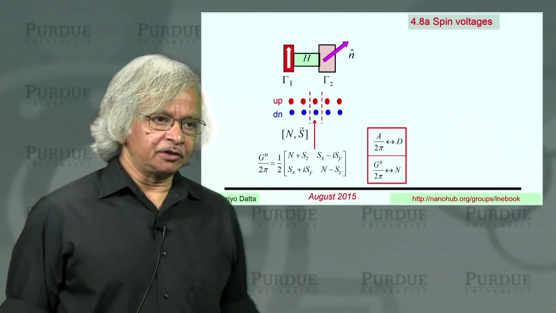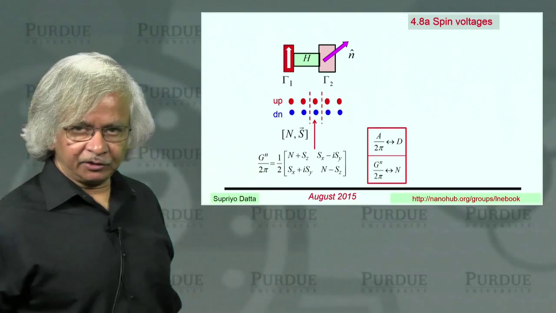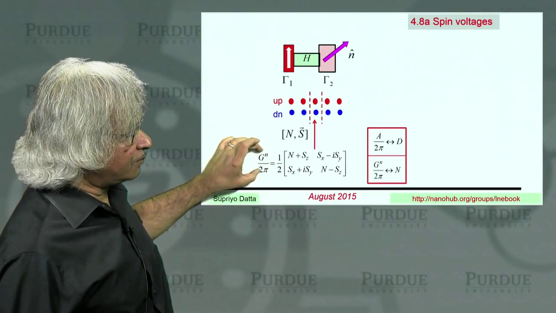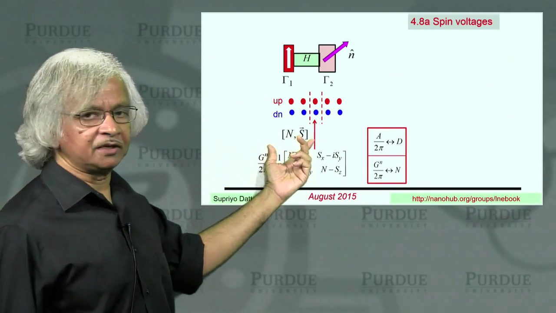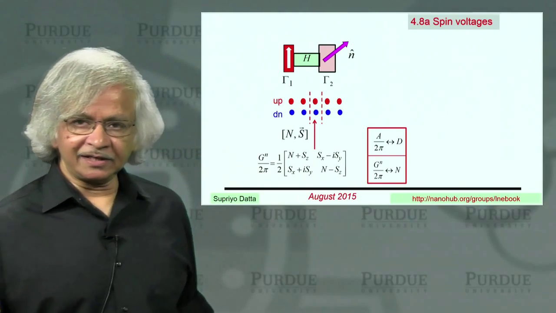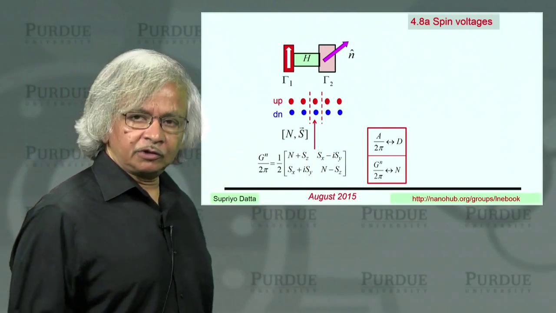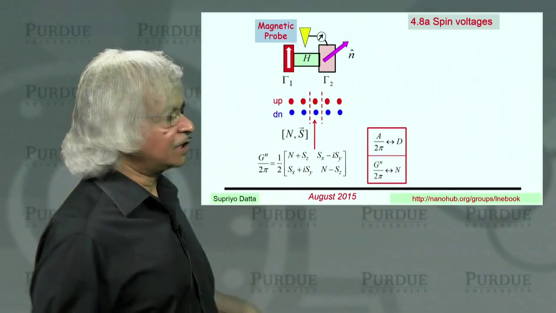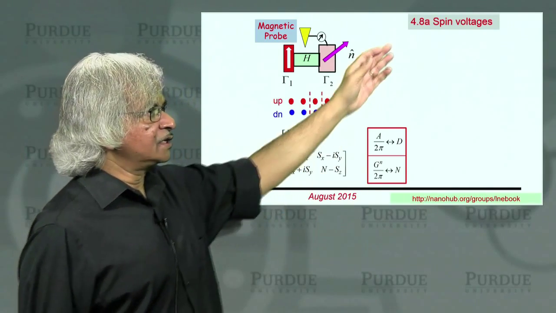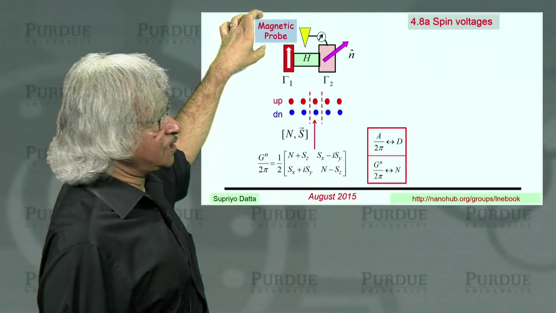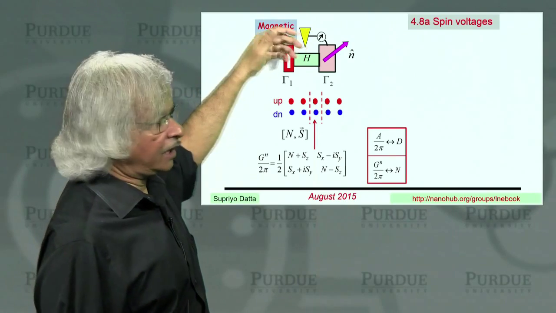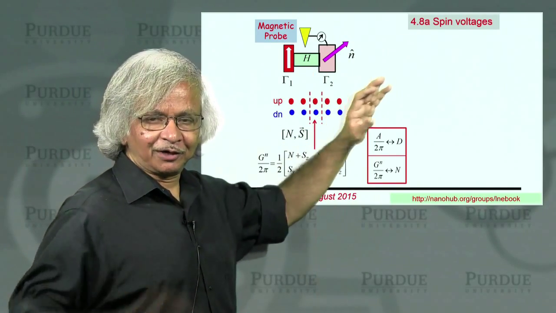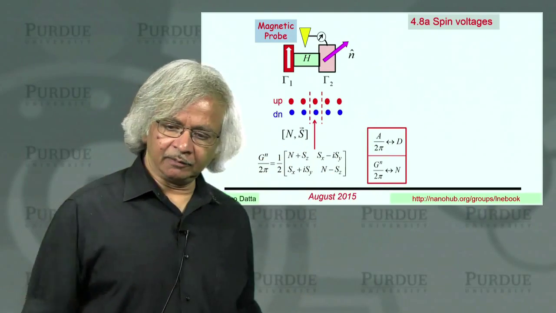Now, in the last lecture, we talked about this quantity Gn that you can calculate from the NEGF method. And we discussed how from Gn, you could extract information about the number of electrons and the net spins at a point. Now, what we'll talk about in this lecture is how this information could be translated into this concept of electrochemical potentials or spin voltages. That is, what would you measure if you had an external probe? And how, if that probe is magnetic, it would let you measure the spin component of this electrochemical potential. So that's what we'll be talking about.